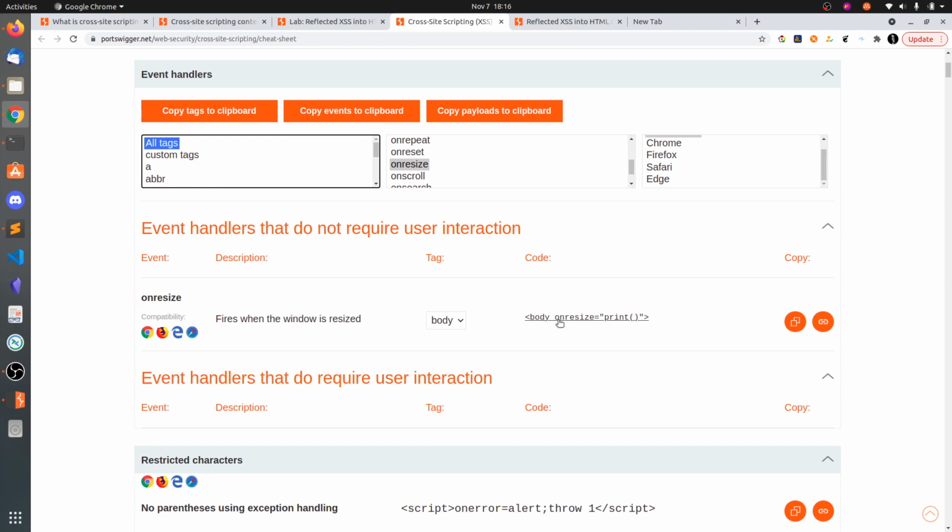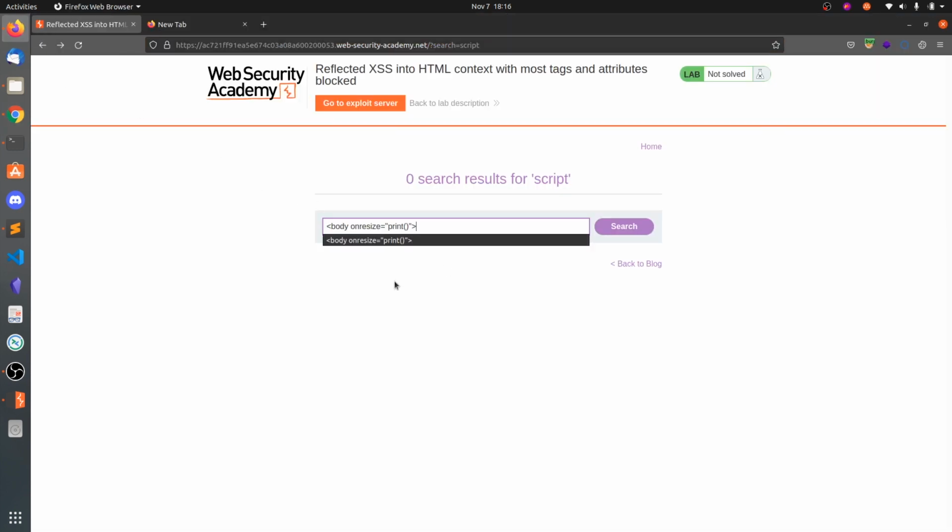So body onresize equals to print. So copy this. So we are not getting it here, but we should get it on this exploit server. So we need to exploit this in this exploit server, but I'm not going to do that now.